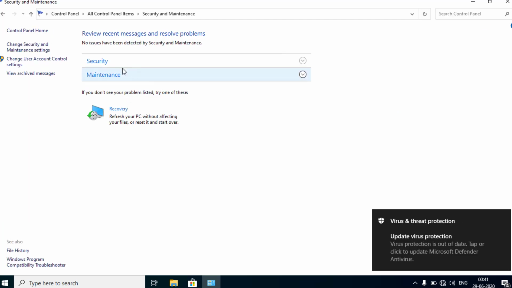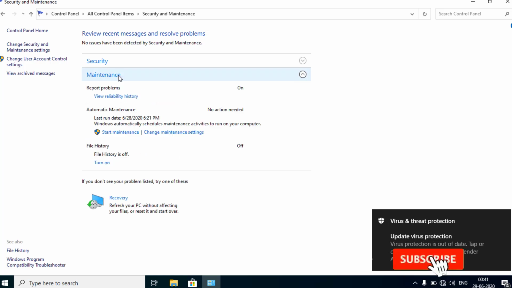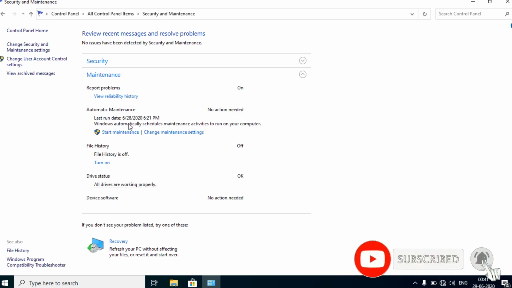Once it is open, choose the Maintenance tab and under Maintenance click on the Start maintenance button to maintain the speed and reliability of your computer. It will take some time, that's why I'm not going to go ahead. You just need to click on the Start maintenance button and the maintenance will start automatically. After that, restart your computer and check whether the problem is resolved or not.